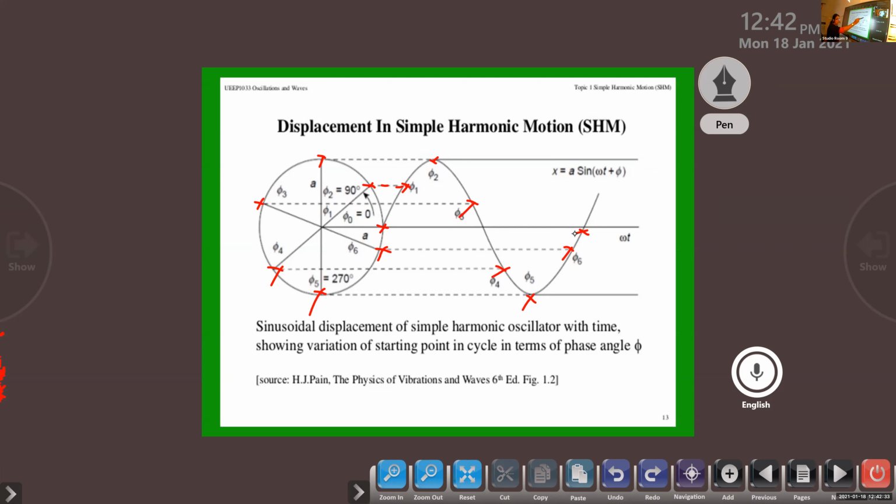Now next, as usual, it goes on through the same angles again and the graph keeps repeating. You consider the same angles, and only then does it become a simple harmonic motion. If you take a different angle from this, then you can see a damped oscillation line. You will not get a proper one. Okay.